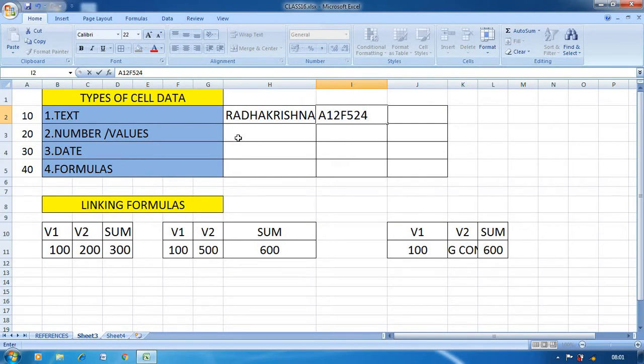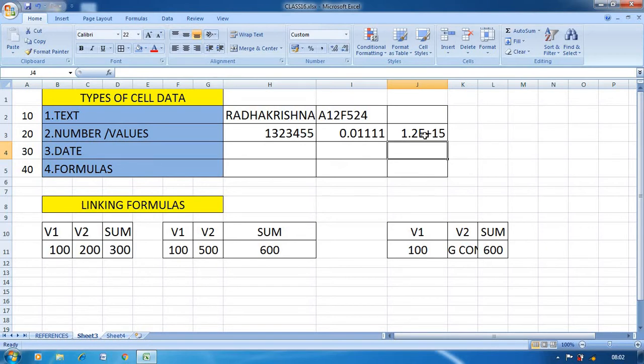So here you can enter any numbers, then you can enter the decimal value, and if the number is very long, you can easily view it, see here it overlaps to the next cell, but when we click outside, automatically it comes in the form of 1.2 e plus 15.